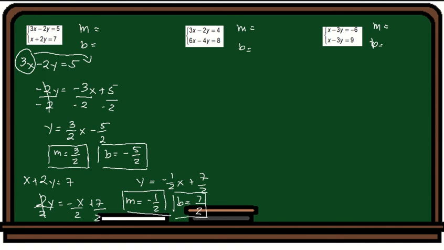So this is what you will remember. If the m and b of equation 1 and equation 2 of the system are not the same, this means that this system is what we call a consistent independent